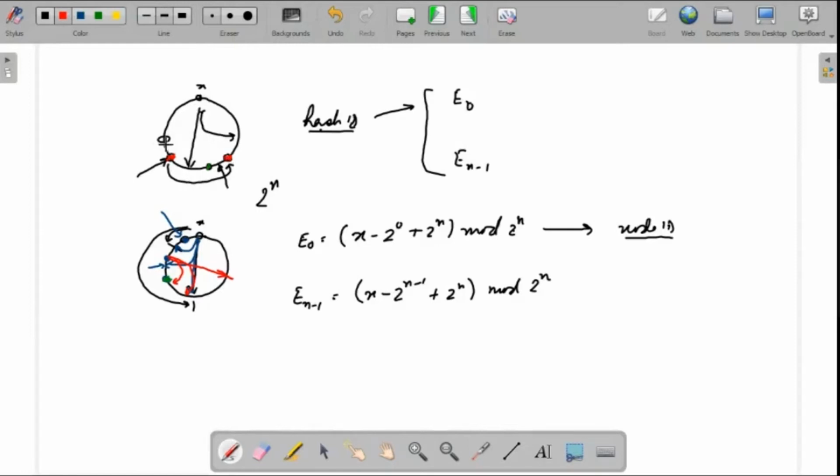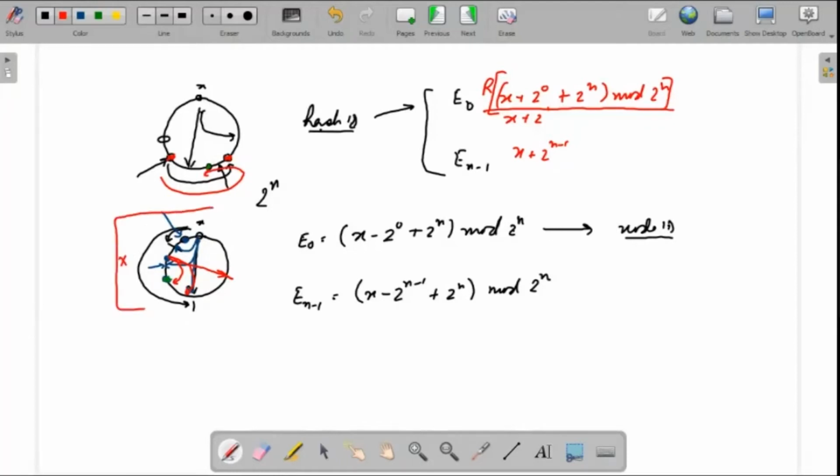So this was required when I was using x plus 2 raised power 0, x plus 2 raised power 1, up to x plus 2 raised power n minus 1, and then computing within this the root node. When I was keeping the entries like this, I had to do this backtracking and then search again. In this case, this will not be required. So I am going to consider this particular scenario. This I had already discussed in one of the earlier lectures.